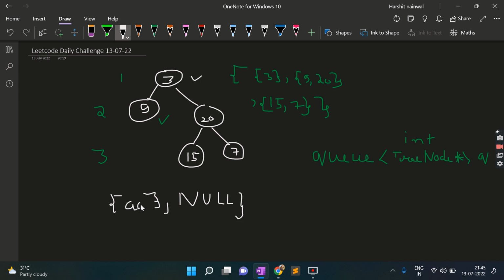This should be the address. That's why I'm writing it, address of 3, as well as pushing null, so that I get the idea that the traversal of the current level has been finished. Okay,